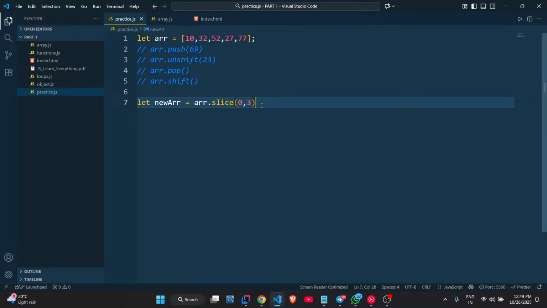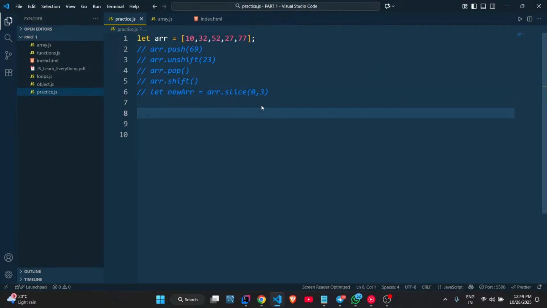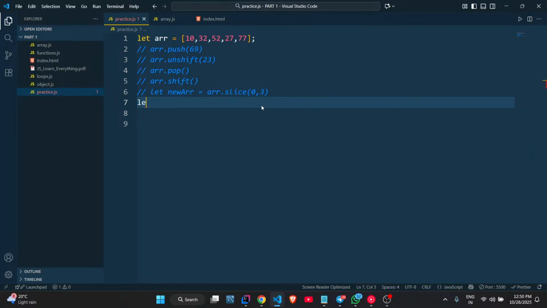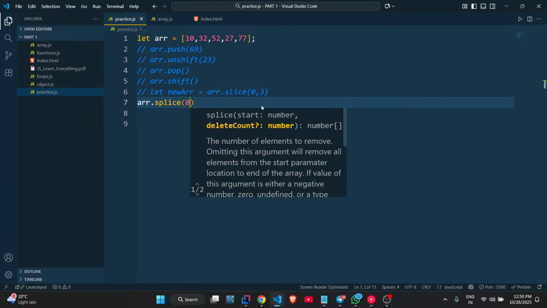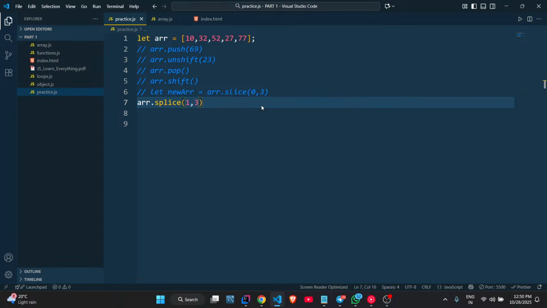Now let's try arr.splice. So this is our fifth method. Now we have to learn a new method, arr.splice, which is given 1 comma 3. What does it mean if we do that? So what does 1 mean? One means